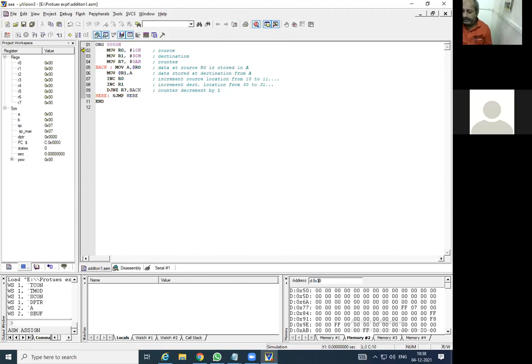So here I will write 30 and enter. The cursor should be at the end, and enter. You will observe that this particular address, 0x30, appears. So memory 1 is the source and memory 2 is the destination.